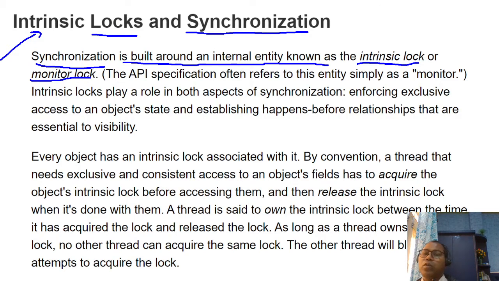So this terminology we have to know: intrinsic lock or monitor. Whenever you use synchronized, the Java runtime system internally maintains this to allow only one thread to access the shared resources at a time through the intrinsic lock. Sometimes the intrinsic lock is also known as a monitor lock.